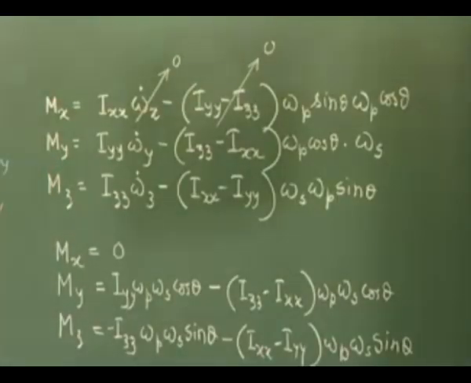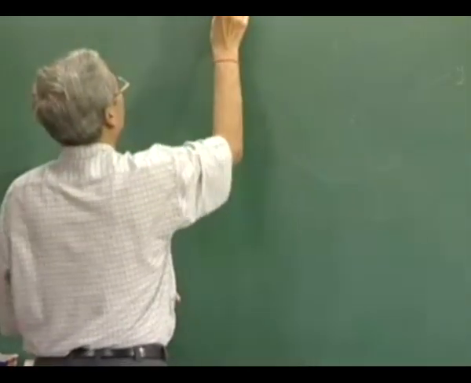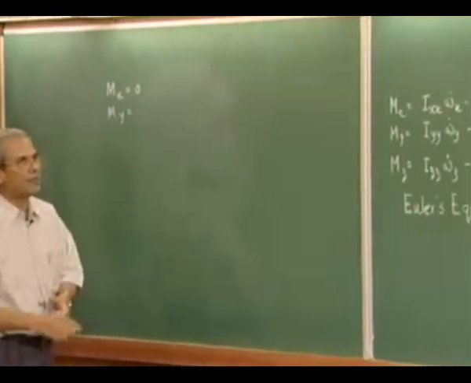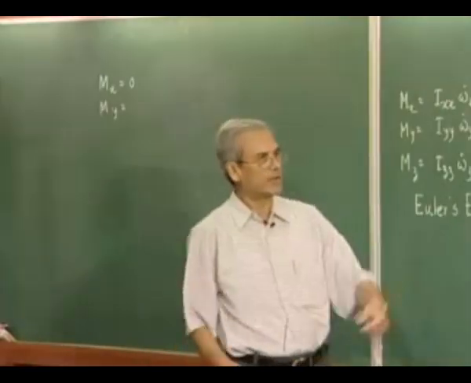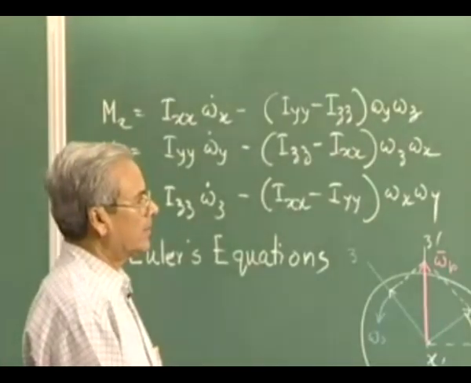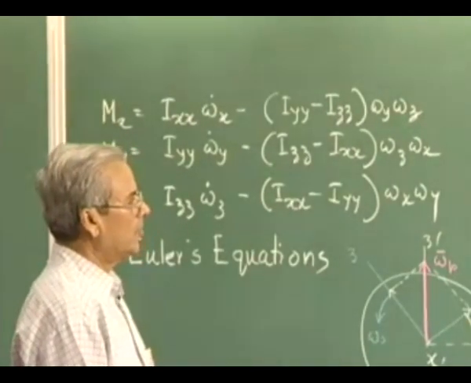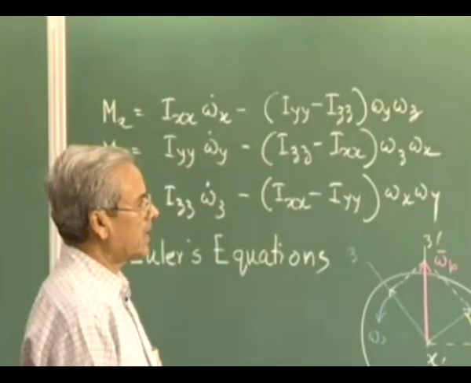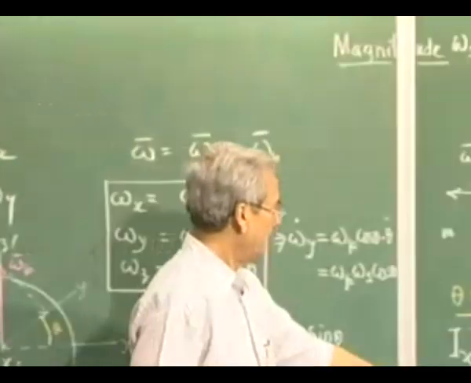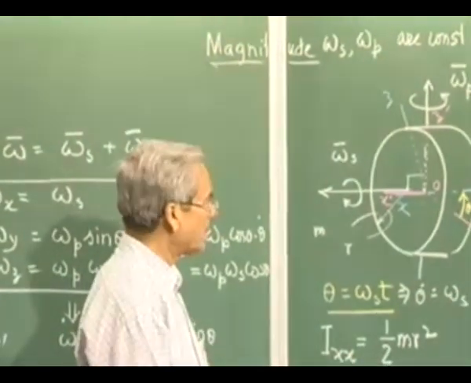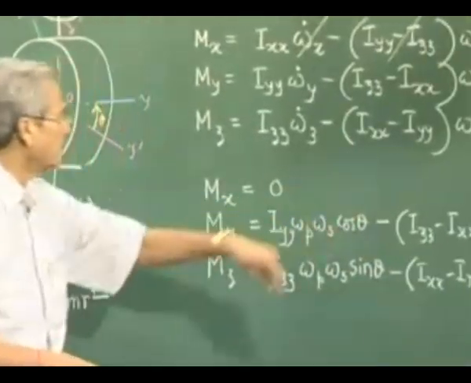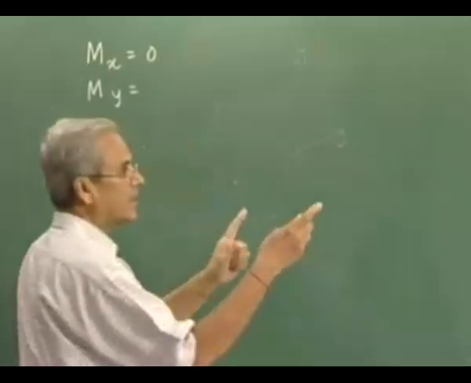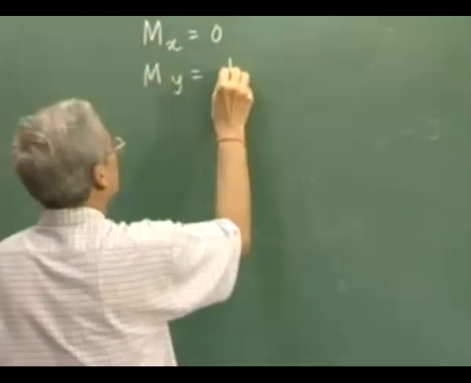So further simplification will lead to this: M_x is equal to 0, M_y is equal to, now I_yy and I_zz are same and equal to 1/4 mr². So the first term will be 1/4 mr² ω_p ω_s cosine θ minus, now I_zz minus I_xx, it will be simply minus 1/4 mr². So this minus coming there makes the whole thing again plus, and the first and second term become equal, and you can easily see that